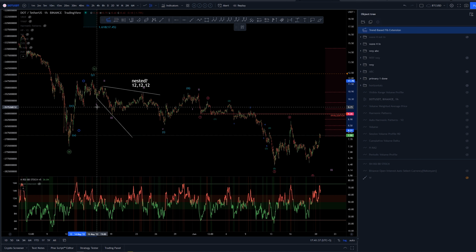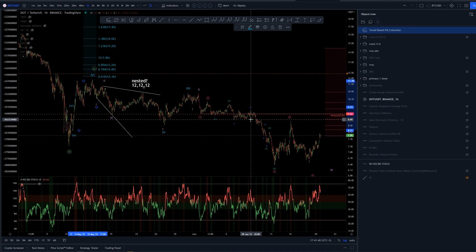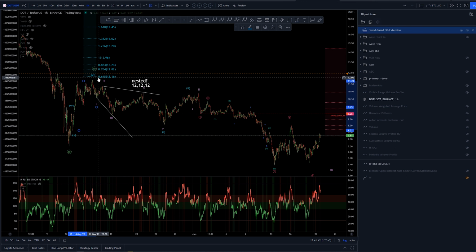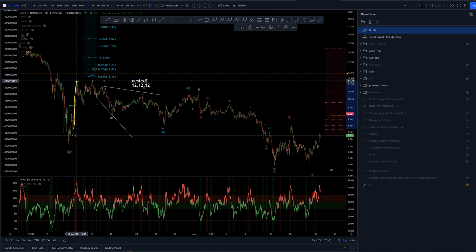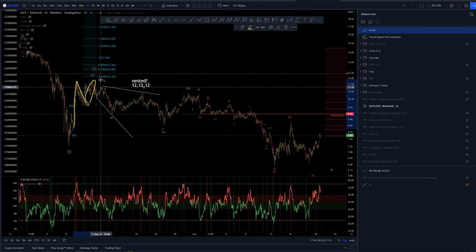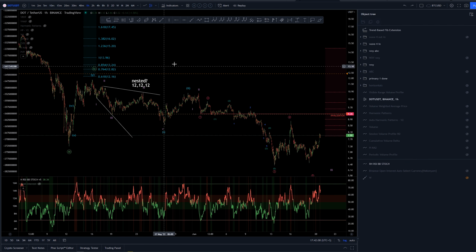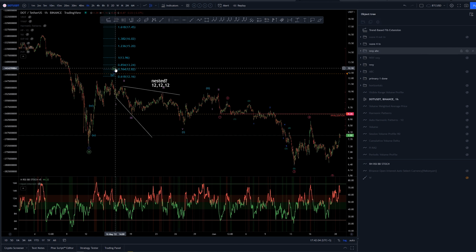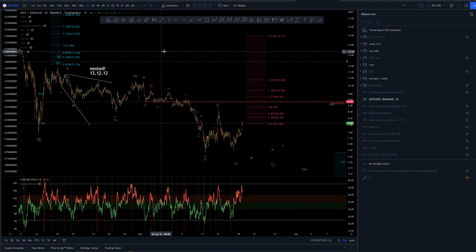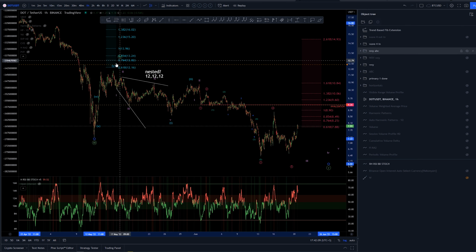We can't really measure this properly. We can see that even with this structure, we are missing this 0.618 extension of the W wave extension, oh sorry, a lower degree structure here inside this wave Y. So this compared to this structure is less than 0.618, which is again the minimum we would like to see. I just can't get any way to get an impulse structure unless we have the wave 4